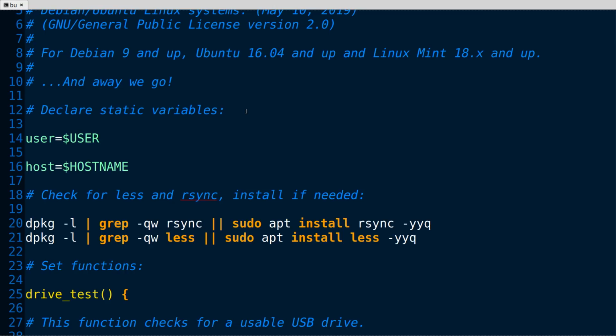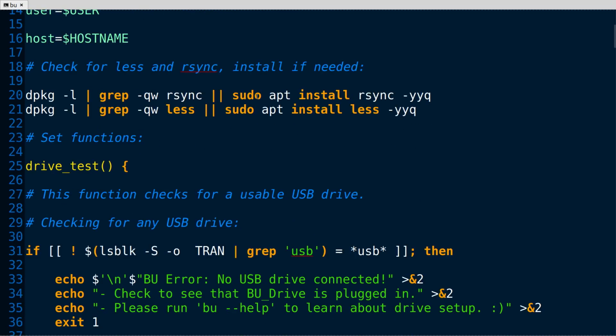I have found that you sometimes can't rely on shell variables with bash, and it's better to just copy them into your local environment that your program is running in. The next part is that it looks for a couple of tools that are absolutely necessary to make sure this thing runs. And this is peculiar to Debian and Ubuntu, which means it'll work on Linux Mint, Elementary OS, anything based on Debian and Ubuntu. This works fine on MX Linux as far as I know. I've run it there in the past. So it does exactly what it's supposed to do.